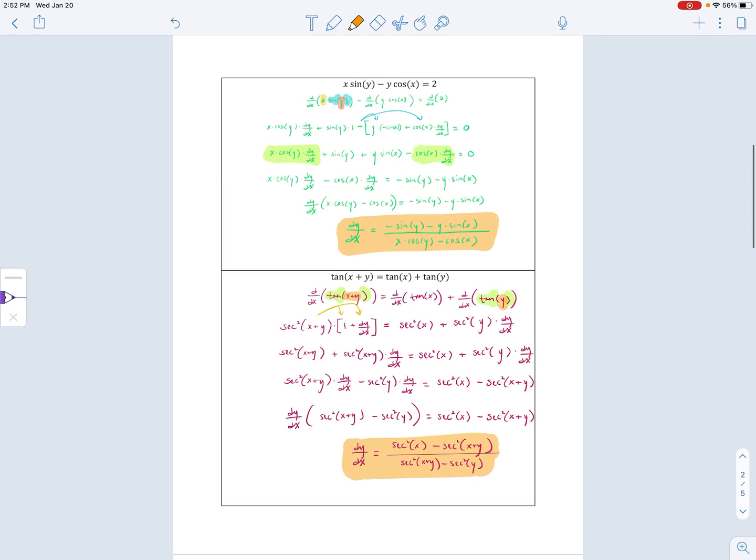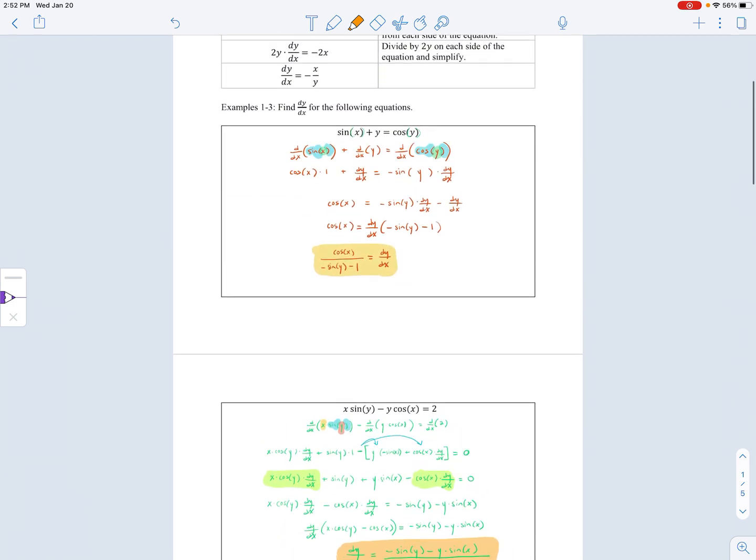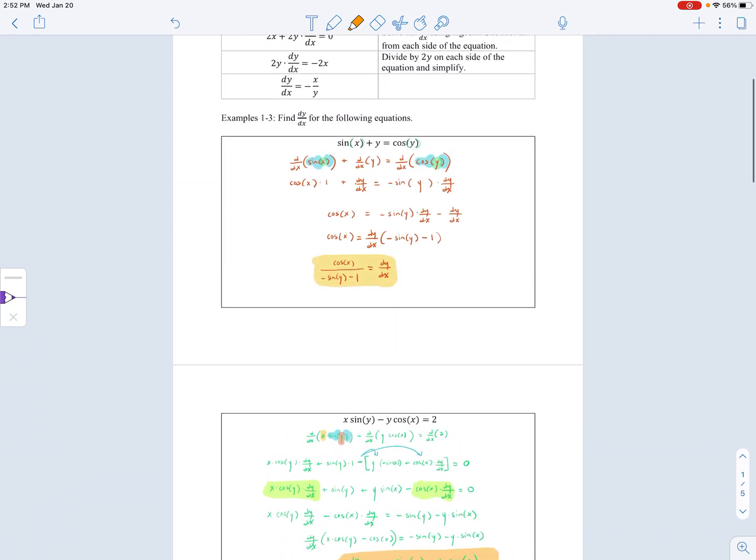So these were a few examples of differentiating equations using implicit differentiation that have trig in them. And you'll notice that I only have sine, cosine, and tangent in these equations and in the practice that you're doing, and that's because those are what we're going